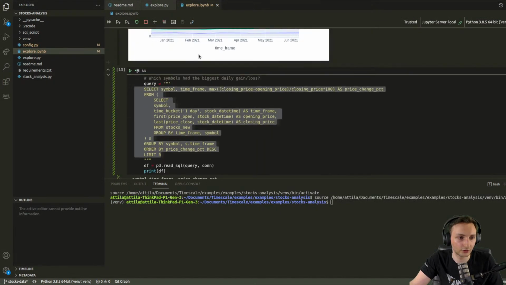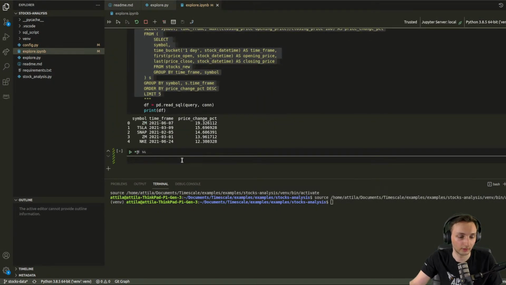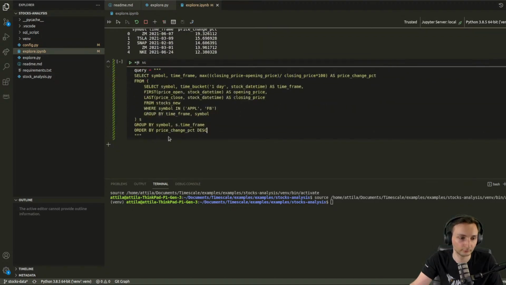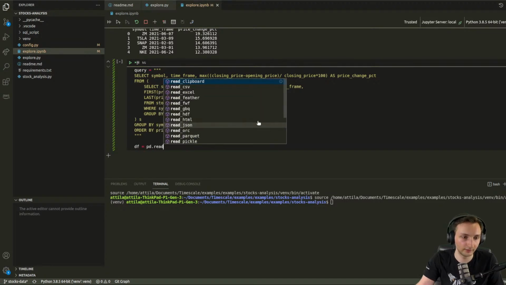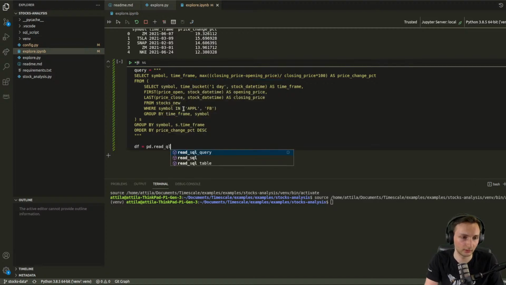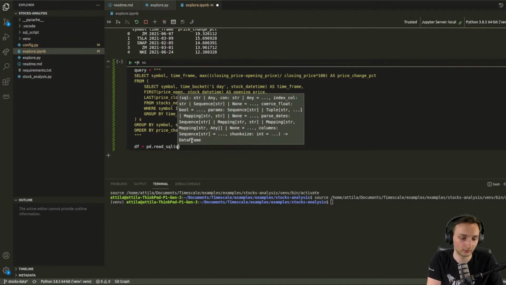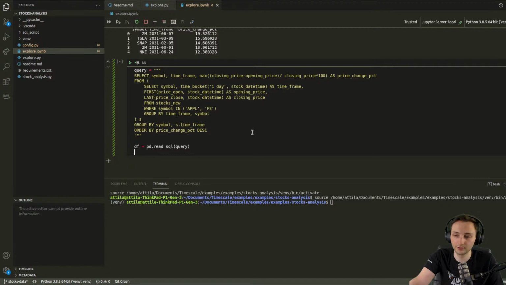So let's go to our Jupyter notebook. This is going to be the query. Let's create the data frame. Read SQL. So we have the data frame, and let's create the chart with Plotly,